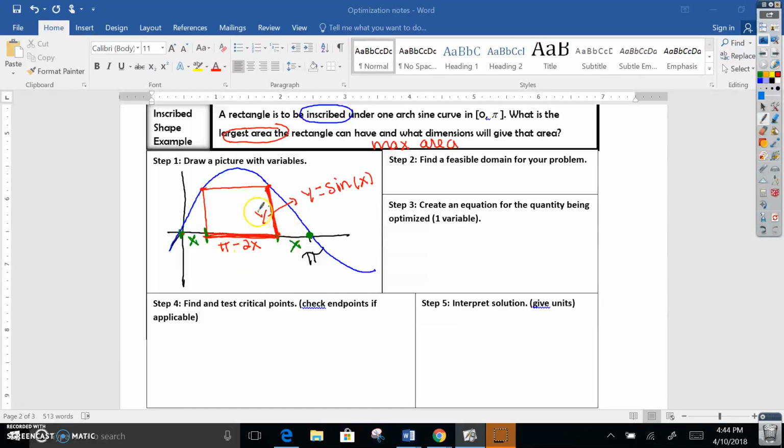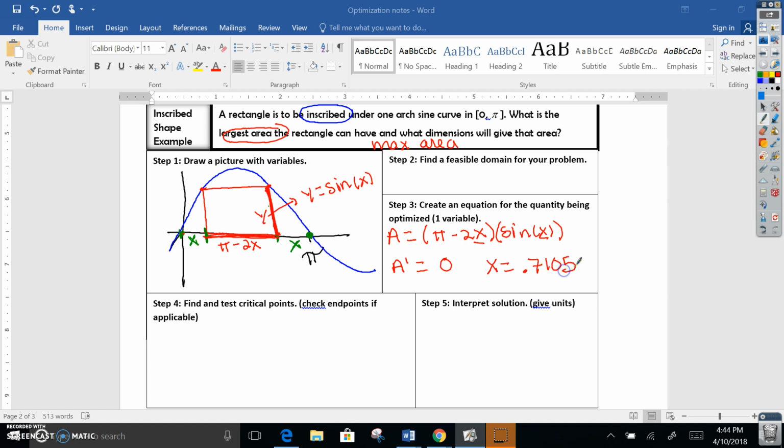So we have all the elements we need. It's time to build our equation. So the area of this rectangle is going to be the base, that's going to be pi minus 2x, times the height, which is going to be sine of x. And this is our equation. Notice that it's already in one variable. So that's perfect. I don't really need to go look for anything else. I'm going to go ahead and set the derivative equal to 0. And again, I will use my graphing calculator to do that. And I come out with x is equal to